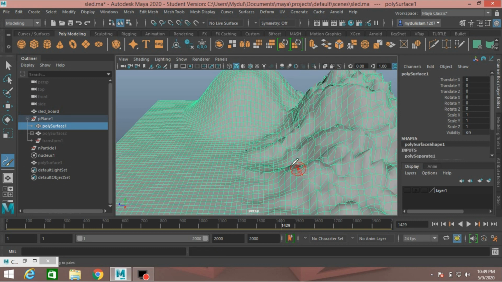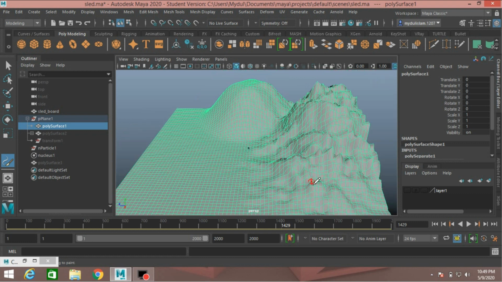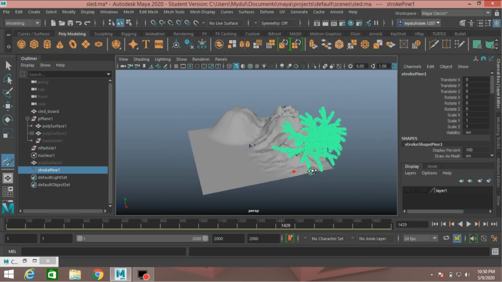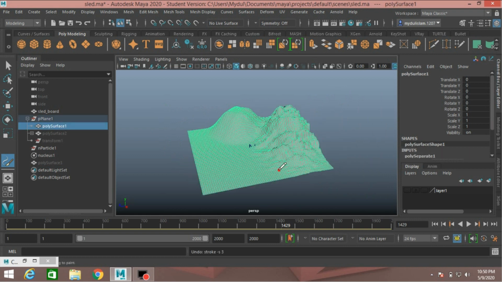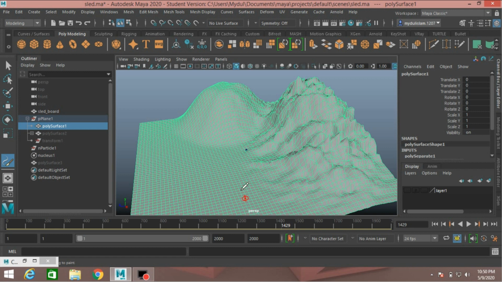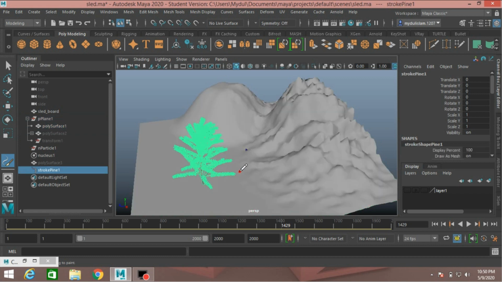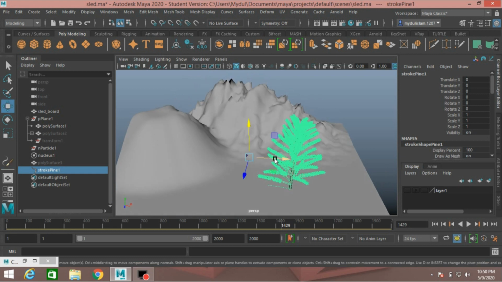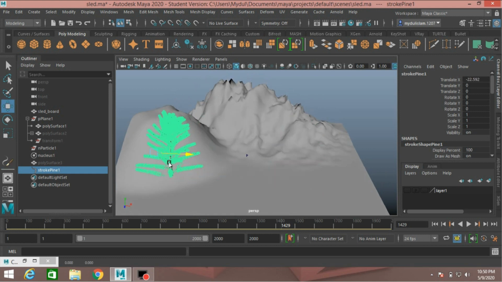Press B to make it small. Ctrl Z to undo. Again press B to make it small. Move tool. Ctrl Z to undo.